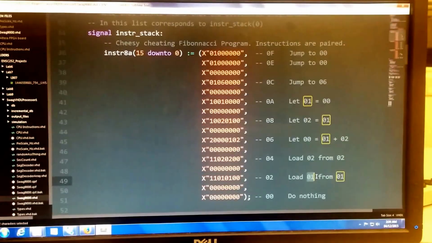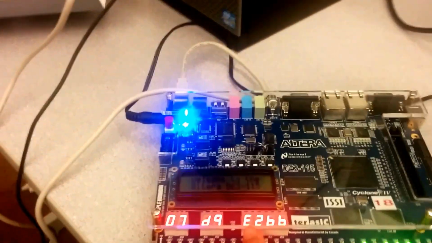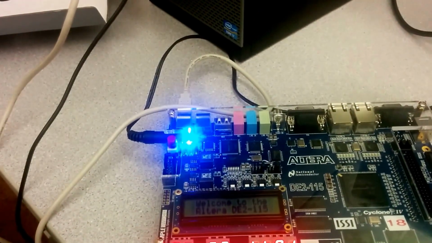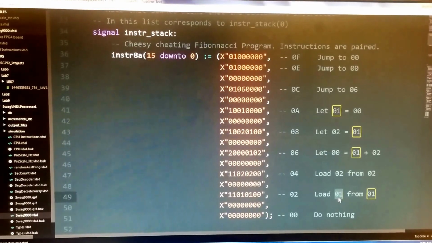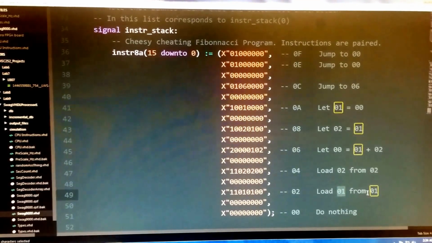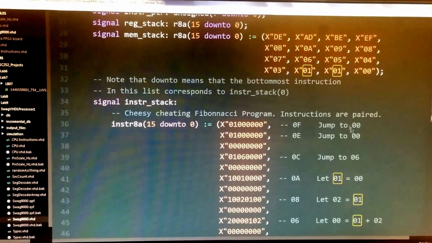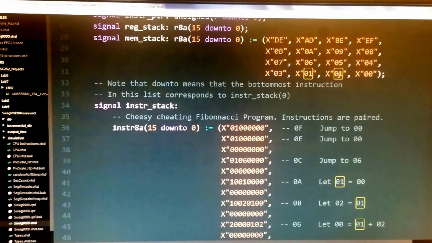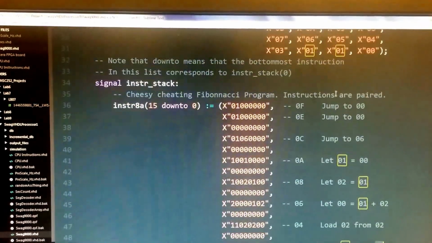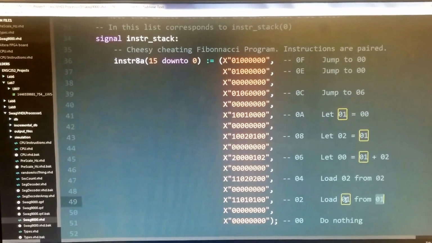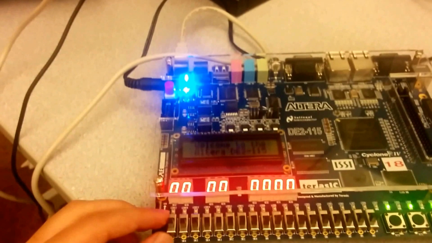0, 1 means the particular register on the board. So this is the first 0, 1 register, and into that we load the value of 1. So into the first register we load from the memory location 0, 1. Now in our memory we've defined 0, 1 to be just the value 1, so we're good there. We load the value 1 into there, and you can see right here